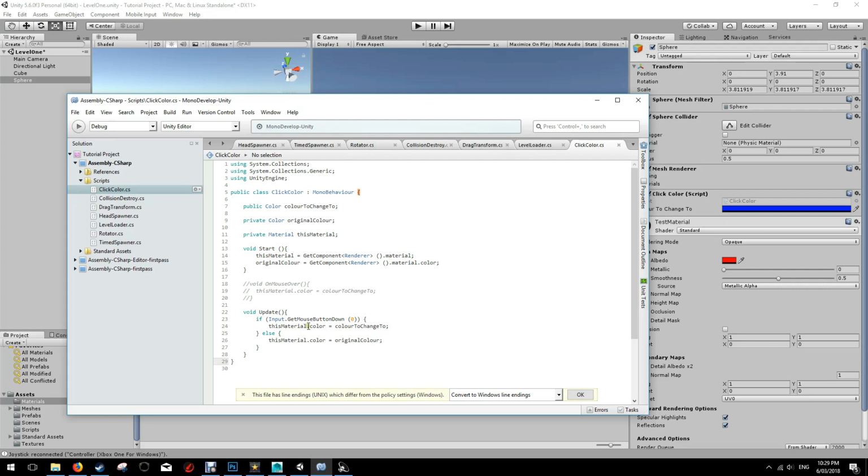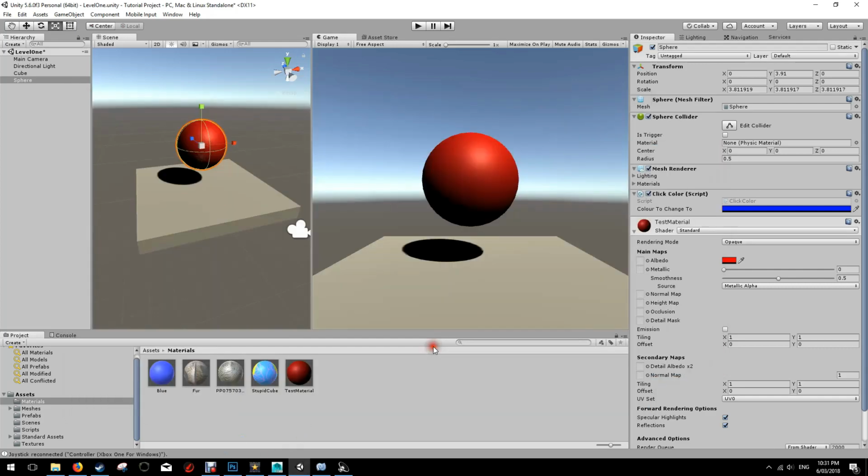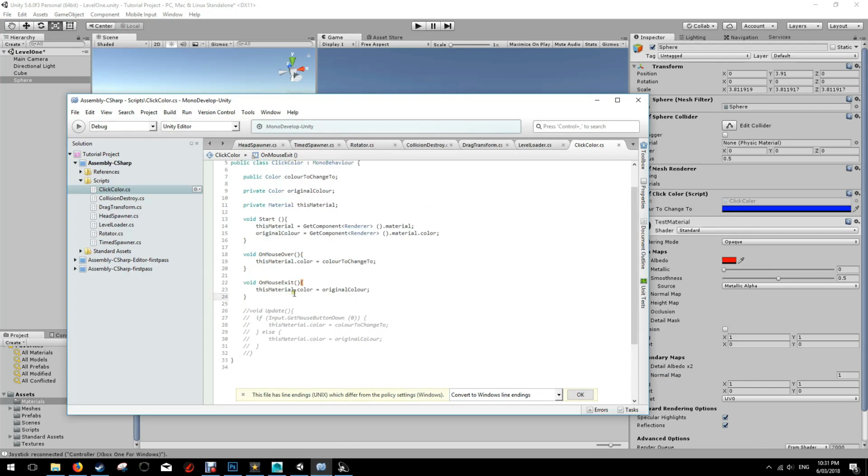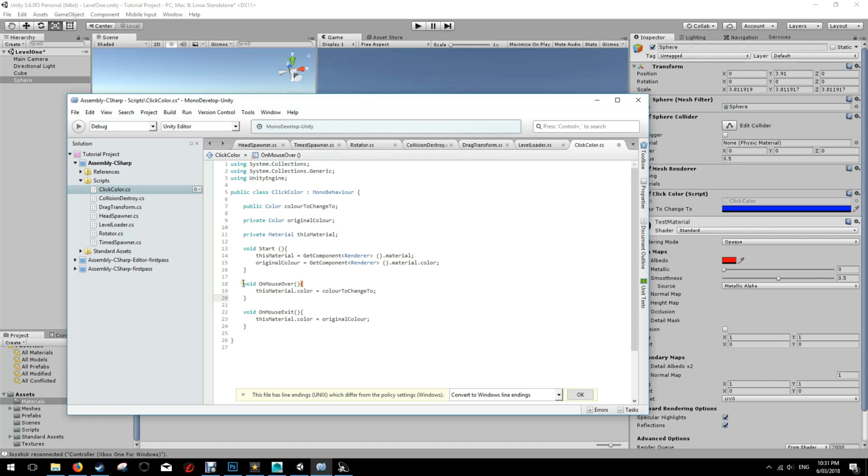So we could... I'm actually not going to do it that way, it's too complicated. Okay, I figured out a better way of doing it. It wasn't working before, but now it's working. I have changed this. I'm not using the update function because it's not a good example. I'm going to use two different functions, and they're very simple. Void OnMouseOver and OnMouseExit. This means when the mouse hovers over the object, and this means when it exits the